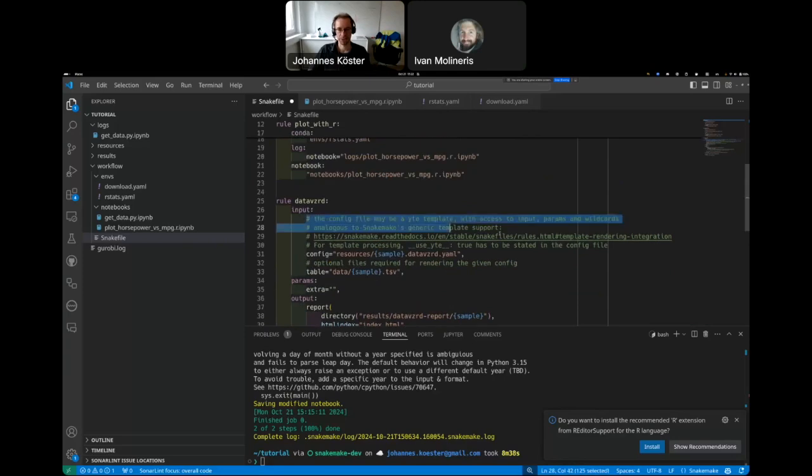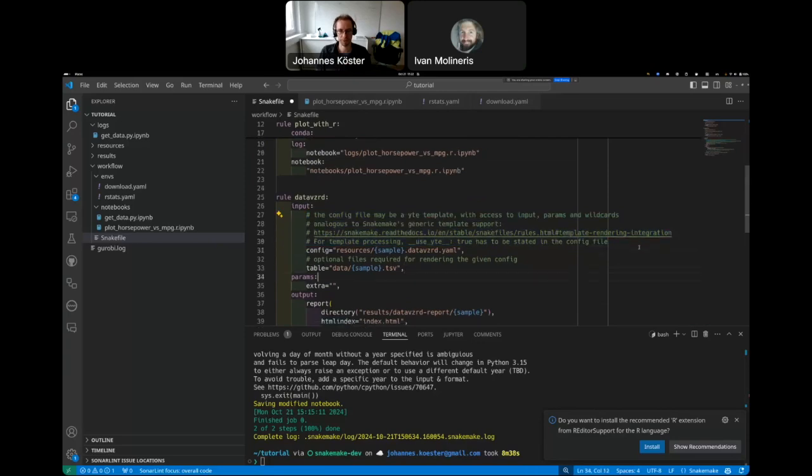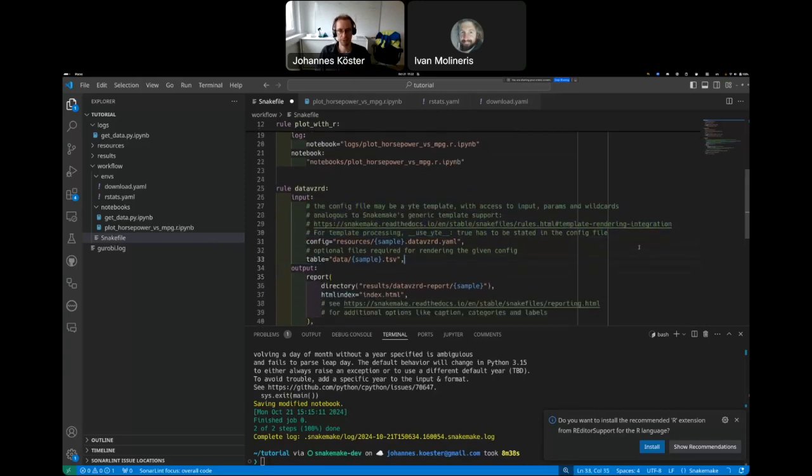The template usually also comes with some explanation on how to use it, or what is expected for individual input files, and what options the tool offers. So we don't need any extra params in this case. The table that we want to use is obviously our cars data set. Here you see how wrong GitHub Copilot can actually also be with these things. So that was resources/data/cars.tsv. And then what DATAVZRD in addition needs is a